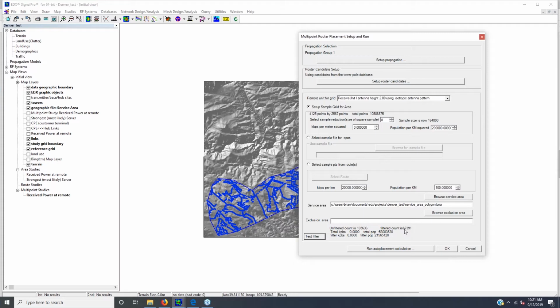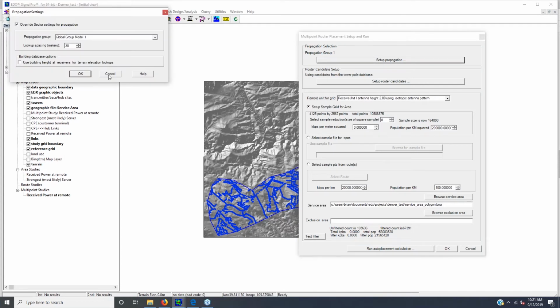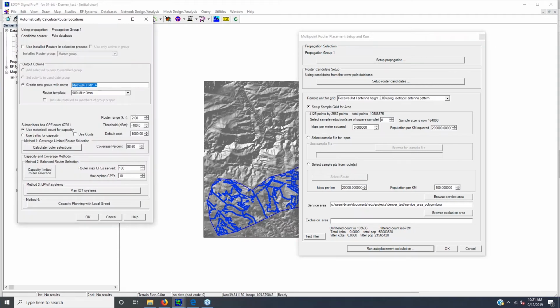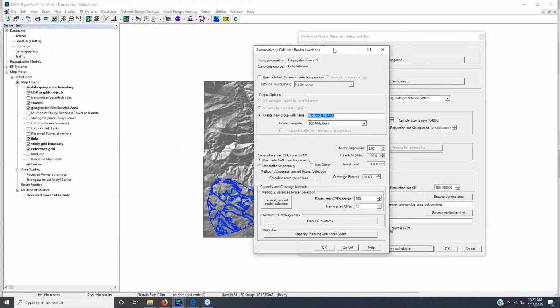In this case, it's 67,000 and change, and that's less than that 100,000 benchmark. So I feel like this will run in a reasonable time frame, even though I'm using my fully rigorous Anderson 2D propagation model. So at this point, we hit the run auto placement calculation, and it gives us some more